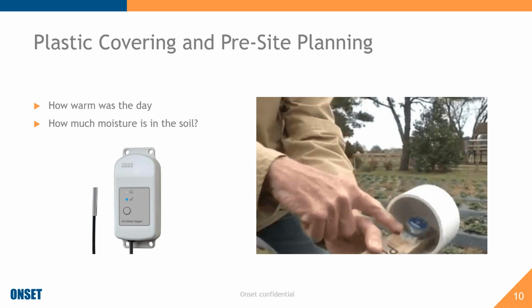So on real cold nights, what he started to do is, you actually see an image of that on your right, he's deploying a Bluetooth temperature data logger, and on real cold nights, he'll actually go out and take a look, take a measurement, and see what his strawberries are experiencing. But for the most part, he'll collect temperature data every day, just to verify that temperatures near the plant are not dropping too far below where they should be, and thus ensuring that his plastic covers are retaining enough